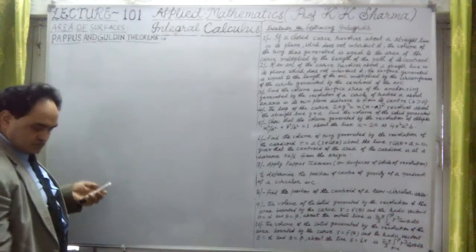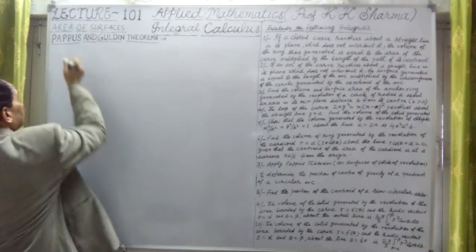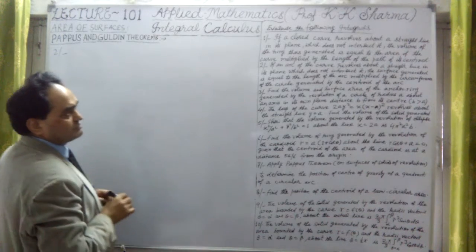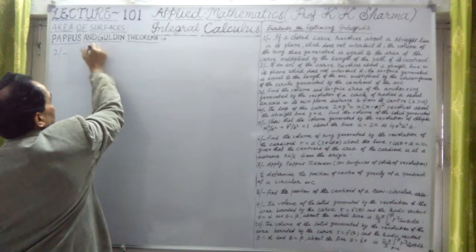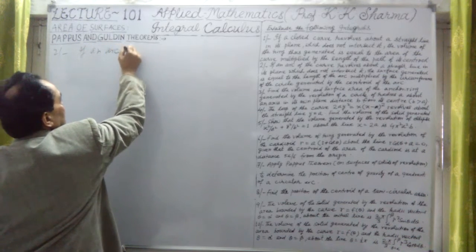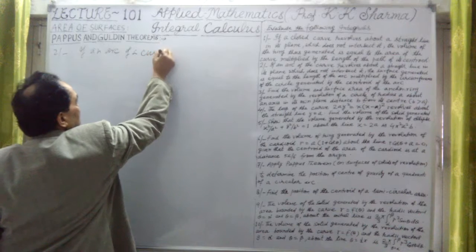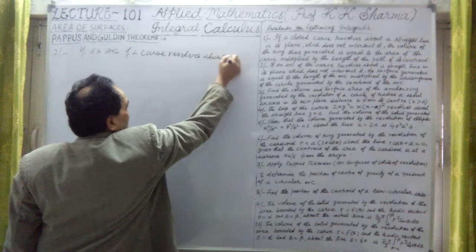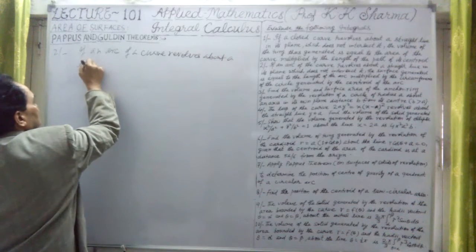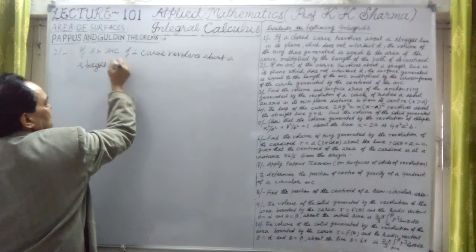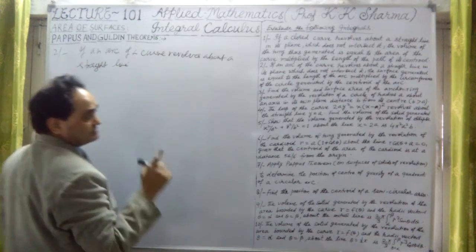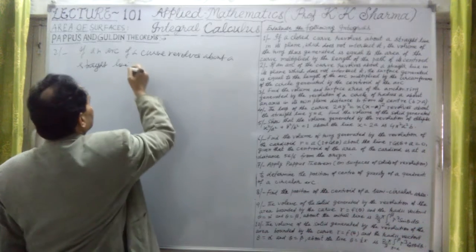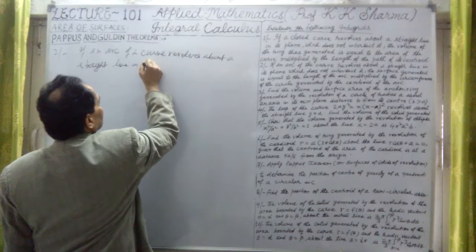Now the second theorem, the second question, says: if an arc of a curve revolves about a straight line which does not intersect this arc. If an arc of a curve revolves about a straight line in its plane,